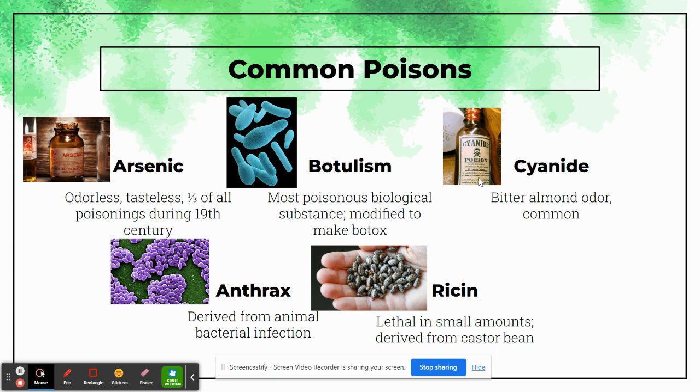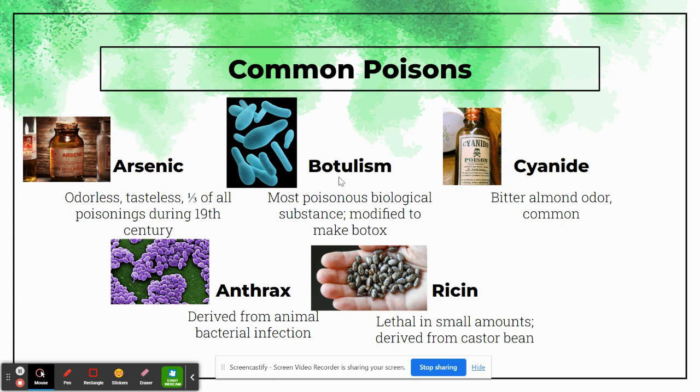Now that they are very detectable and very easy to find, you really don't see them being used as poisons very often. The big ones now that we see that are really having an impact are biological poisons. So the big two that I would consider would be botulism and anthrax. Botulism actually is pretty easy to catch inadvertently. If you ever consume canned foods that have a dent in them, on the outside of the can, you should actually never eat that because it could potentially have botulism bacteria in it.